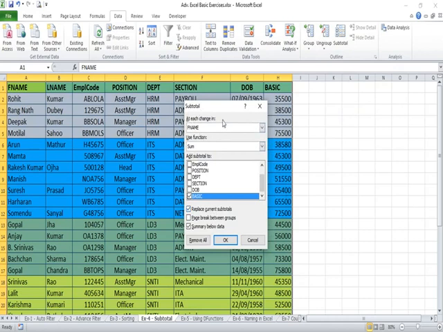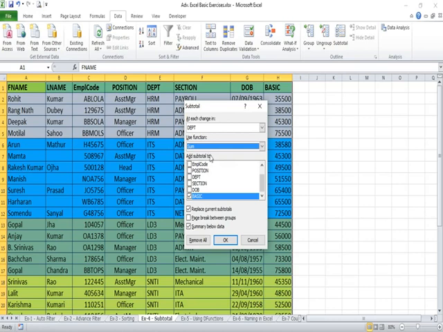It has got three settings. At each change, here you will have to select the field on which you have sorted the data. We have sorted the data on department, so we will select department here. Use function decides which function you want to use. There are functions like sum, count, average, max, min, product, etc. So select the function sum.